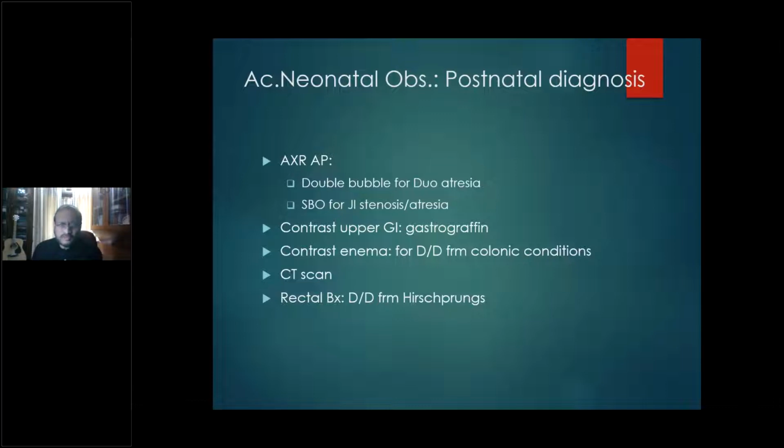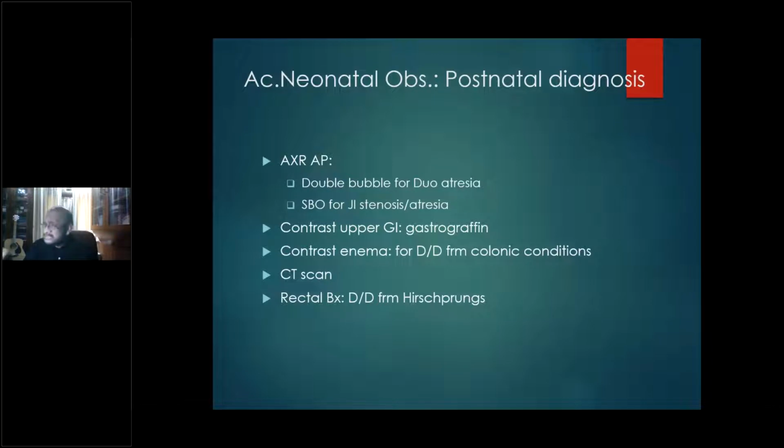Are you looking for a small bowel obstruction? Those dilated bowel loops, typical of what we already discussed in small bowel obstruction, the ladder pattern type of valvulae conniventes arrangement in distended bowel, more than 3 centimeters. Remember, we talked about small bowel obstruction. All these things are there. Or you can do a contrast upper GI study using which contrast? Gastrografin. Or you can do a contrast enema.